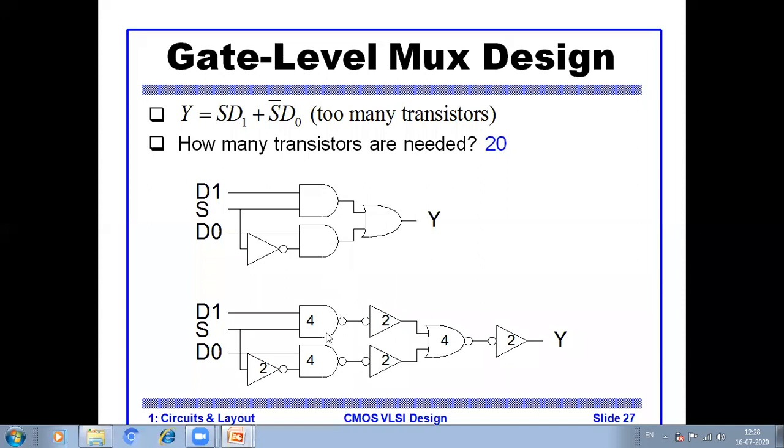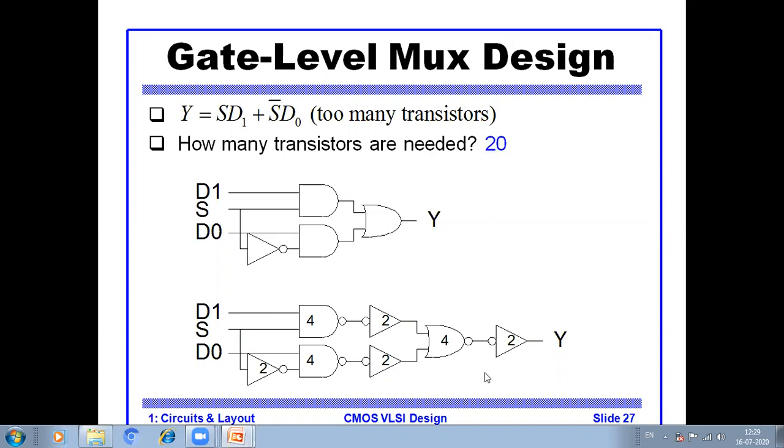So here I'll modify this diagram. This is the inverter, and again this is the NOT, so it will provide that function. It is modified in that fashion. Again, here I modify this as NAND and NOT. Again this OR is modified as a NOR and NOT. Okay, so that circuit is modified. And if I implement this circuit with the pass transistor, it requires 20.